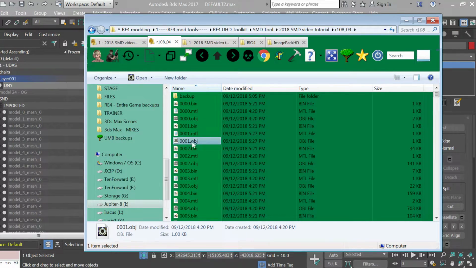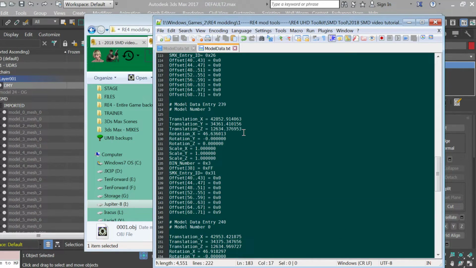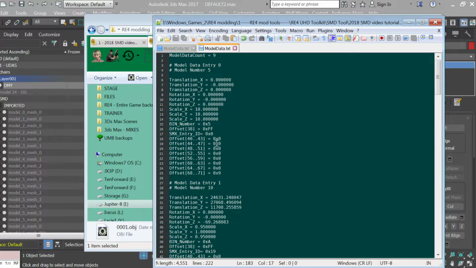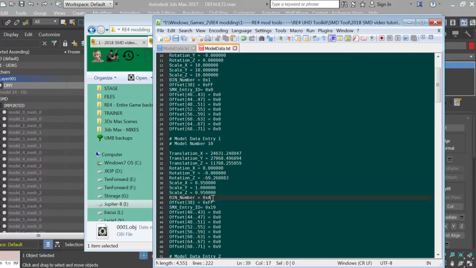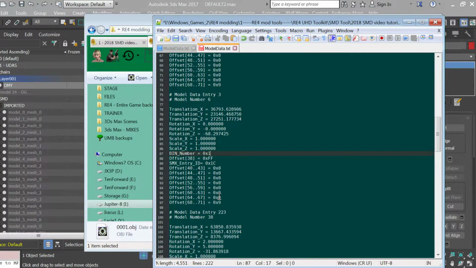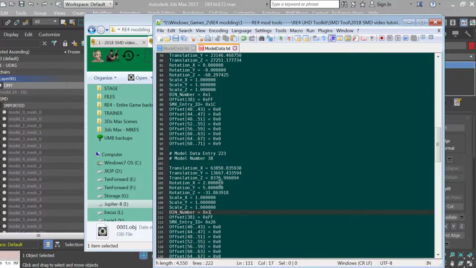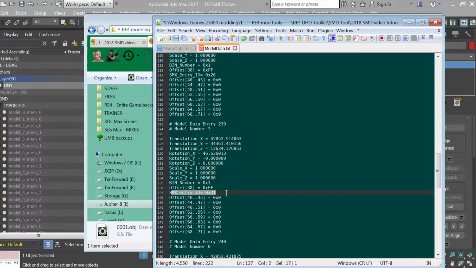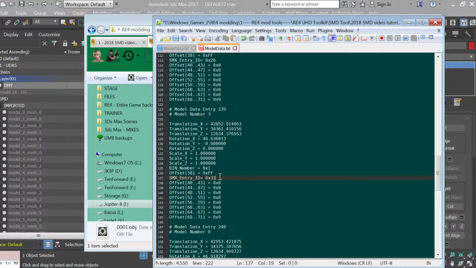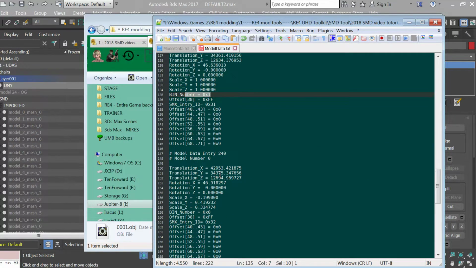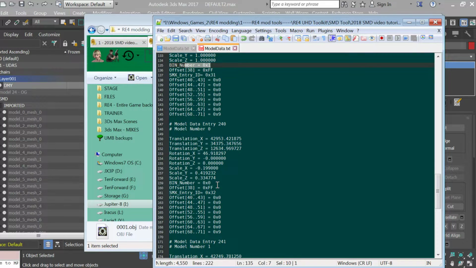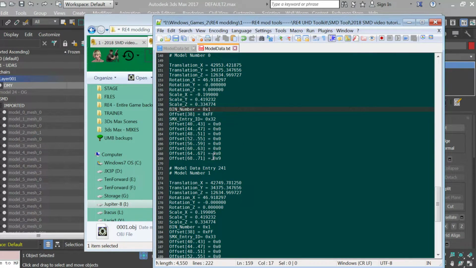Now, what we do in the model data text for all the number 9s is change the bin number to 1. Now, what you can't change in the number 9 entries is the SMX reference. This is what's important. If you change this, you might as well just delete it, because it's going to make the game crash. So the model itself isn't important, it's the SMX entry. But since we're just going to hide everything right now of all these type 9s,